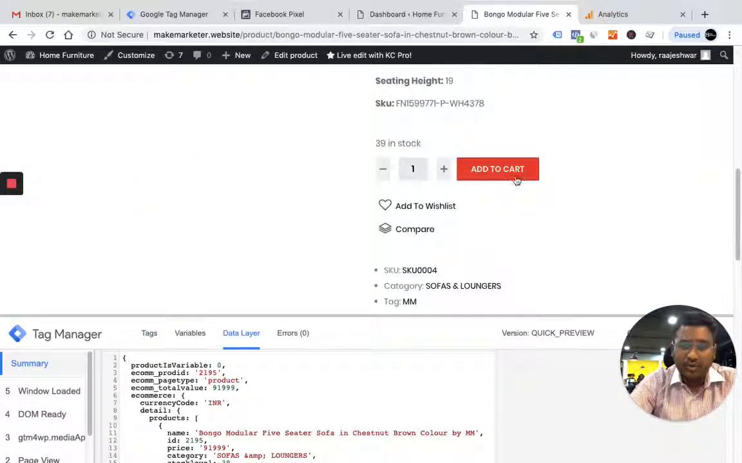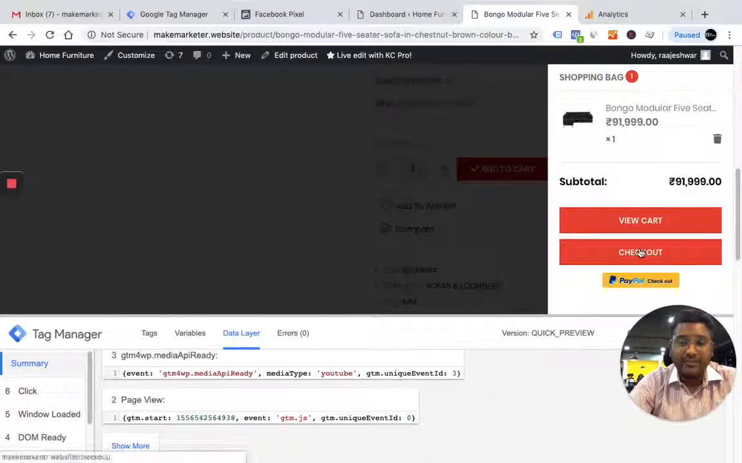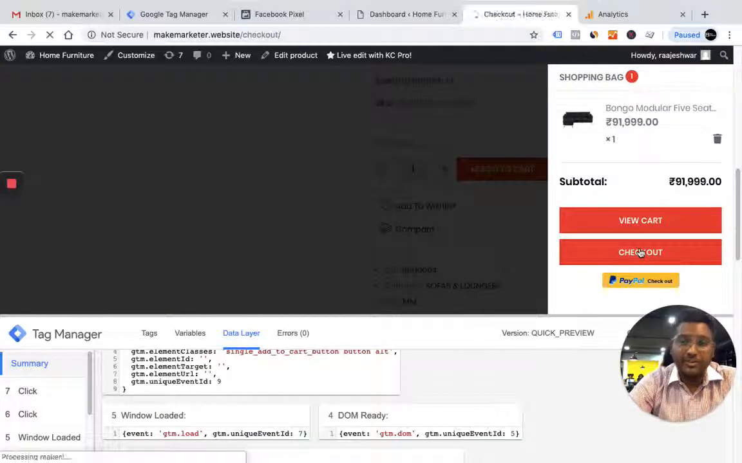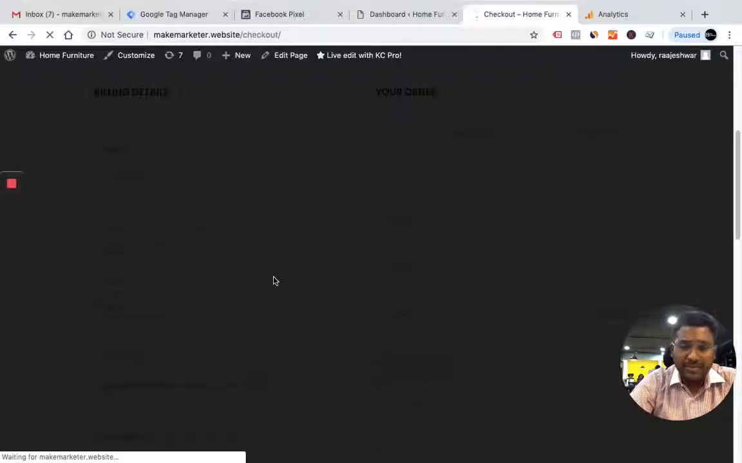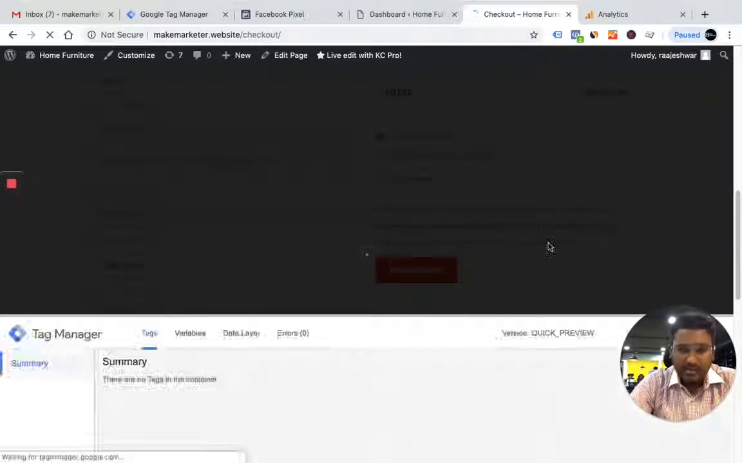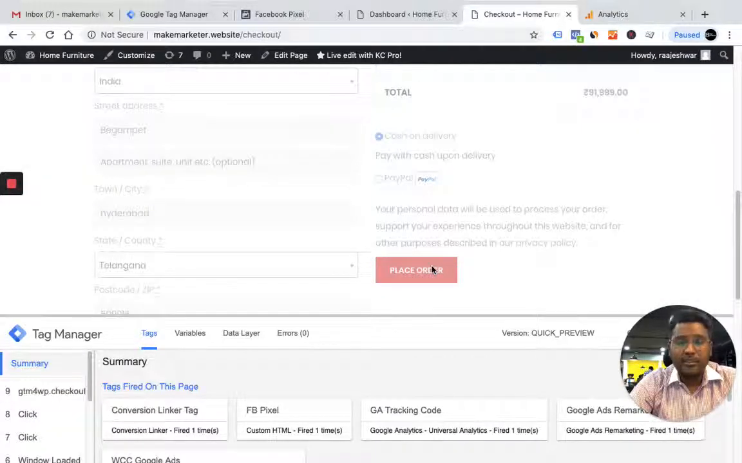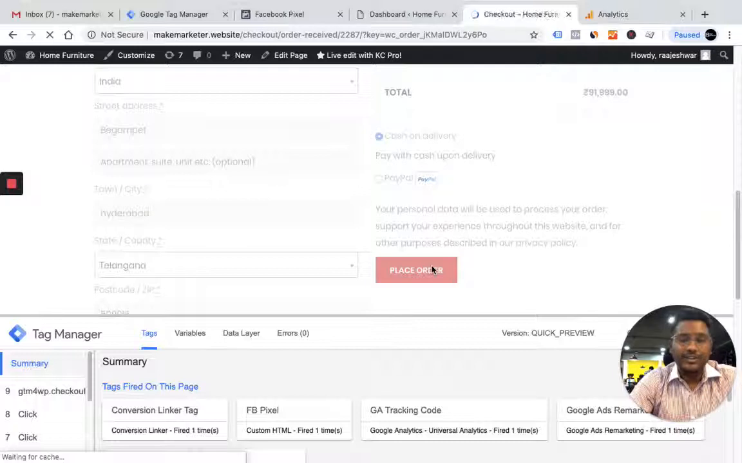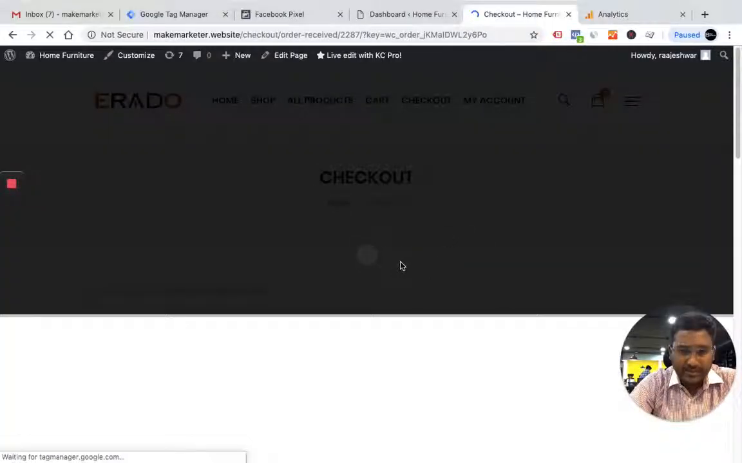So I'm going to click on add to cart, because I want to do that event, because that event has to get fired and we can find the same information in Facebook Pixel Helper. So I click on checkout. The information is already preloaded. So I'm going to make a transaction here. So I click on place order. When I click on place order, it is going to take me to a transaction page, a completion page, and you see on that particular page,